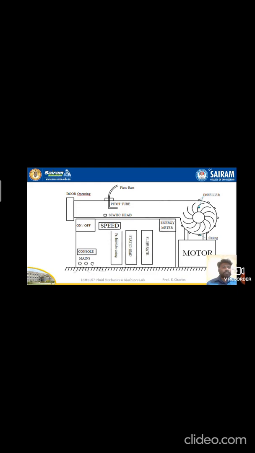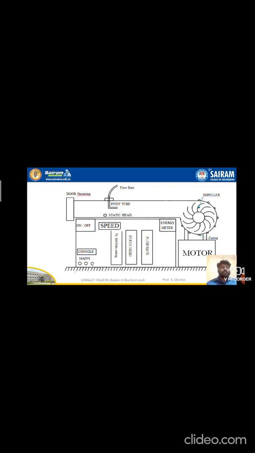So there will be a motor, and then there is an impeller which has a casing, and inside the casing you will have a number of turbine blades. That entire setup is nothing but the impeller, and then the compressed air will go to the static pitot tube. And then there will be different flow rates, that is the flow rate, static head, and pressure in the volute casing.